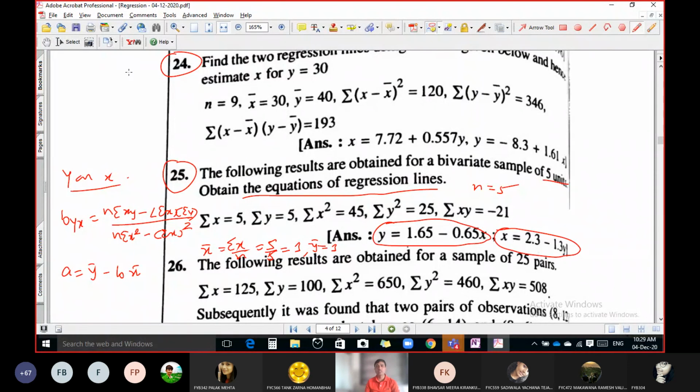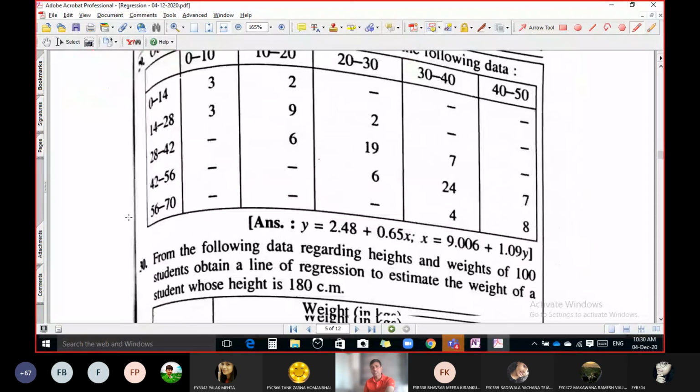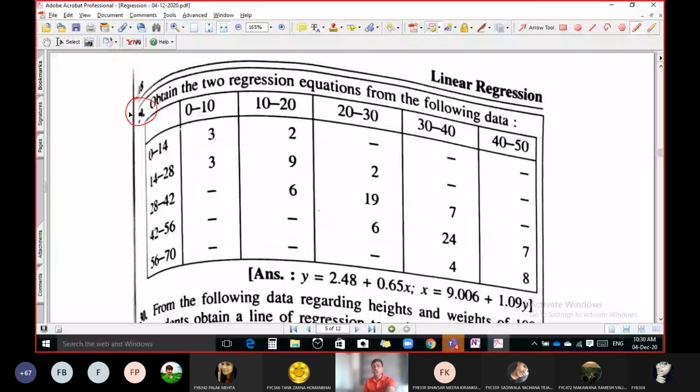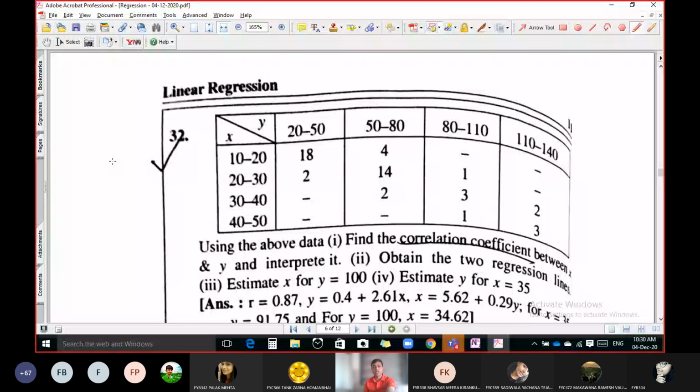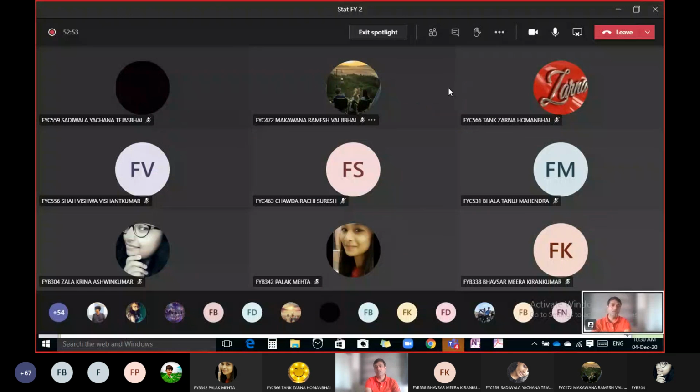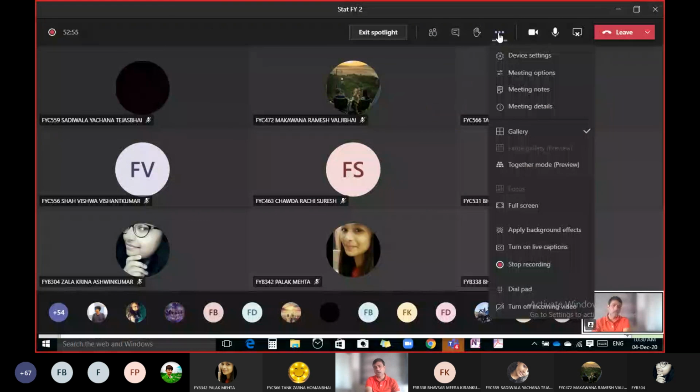You can try to solve these questions by yourself up to 25. If you find any difficulty, we will discuss it in our next lecture. From the next lecture onwards, we will start another type of question, and that is the main question like this table. This is the new thing compared to your 12th standard, and we need to discuss this in our next lecture. So this is enough for today. If you have any question or doubt, ask your doubt.